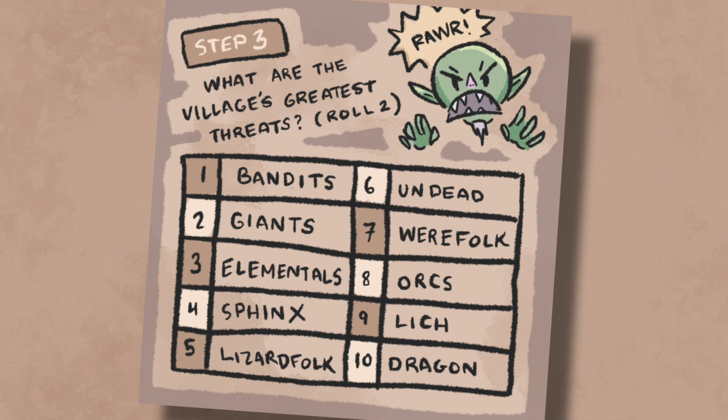Okay, cool. So the first one is... Okay, we've got bandits. Okay. Bandits are a threat to the village, as well as...